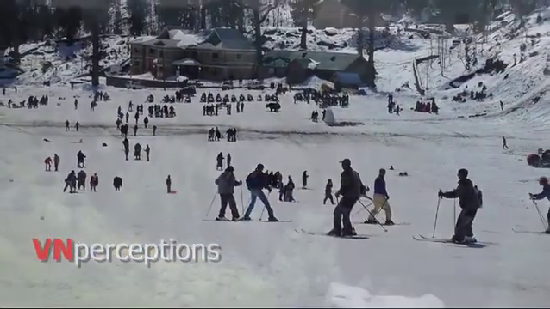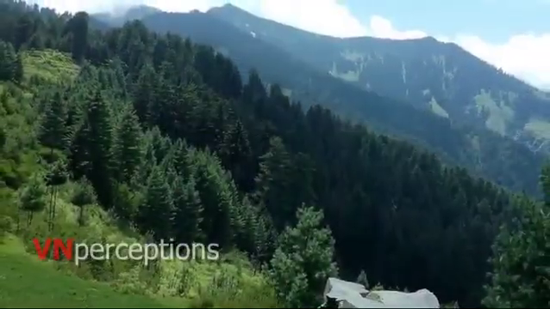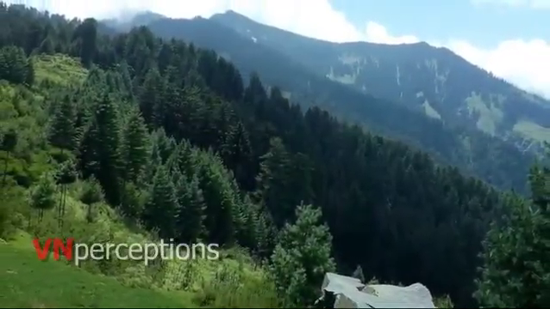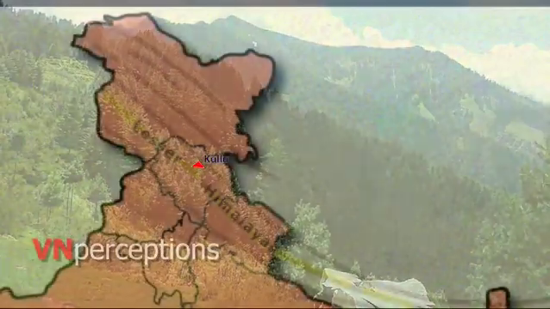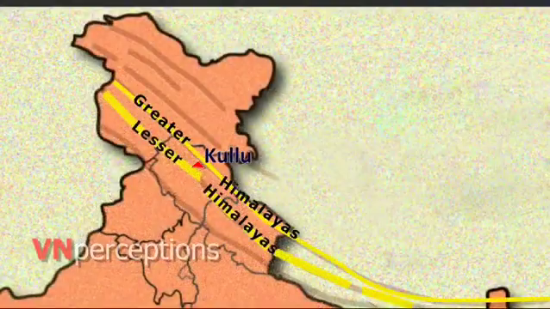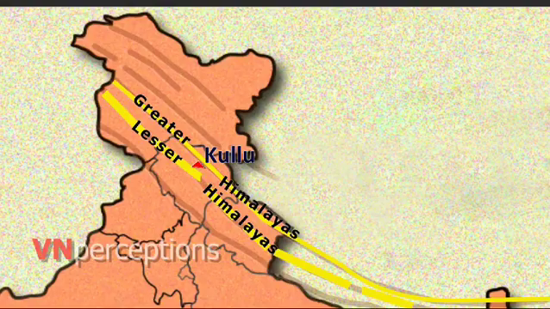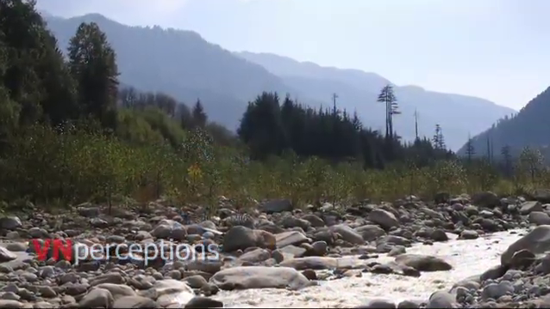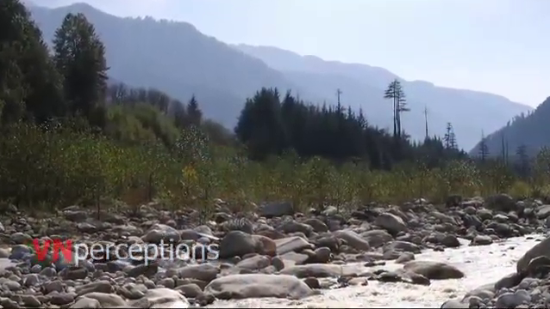The Kulu Valley is surrounded by Deodar and pine forest and is located between the lower and the greater Himalayan ranges as well as the inner Himalayan ranges of the Pir Panjal. Kulu Manali is one of the topmost tourist places in Himachal Pradesh and is frequent